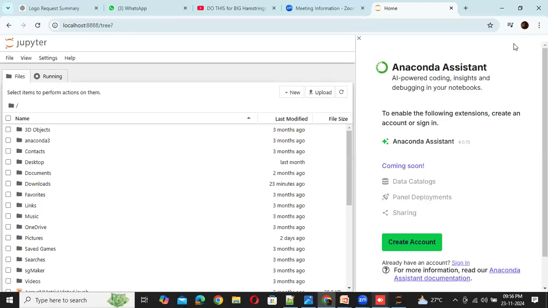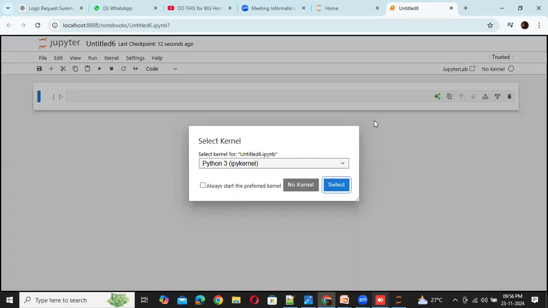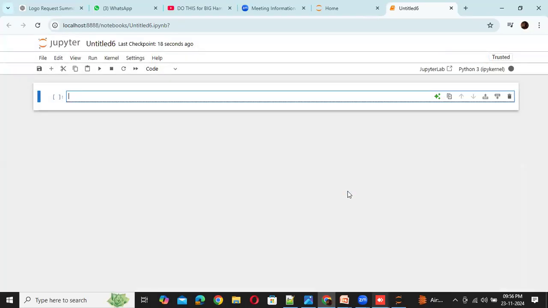Okay, I'll just start this way. Click on new and let's open a new notebook. Start with exploring sets. Select.